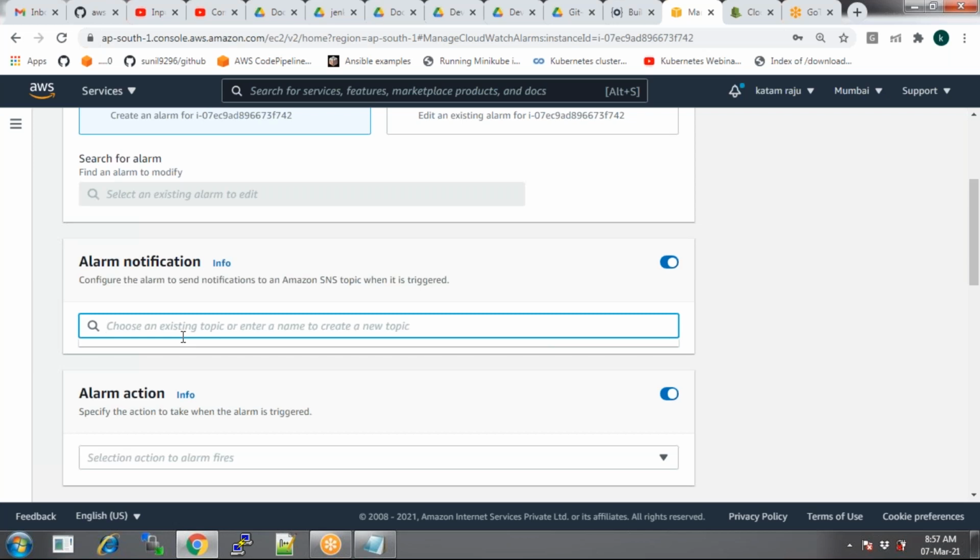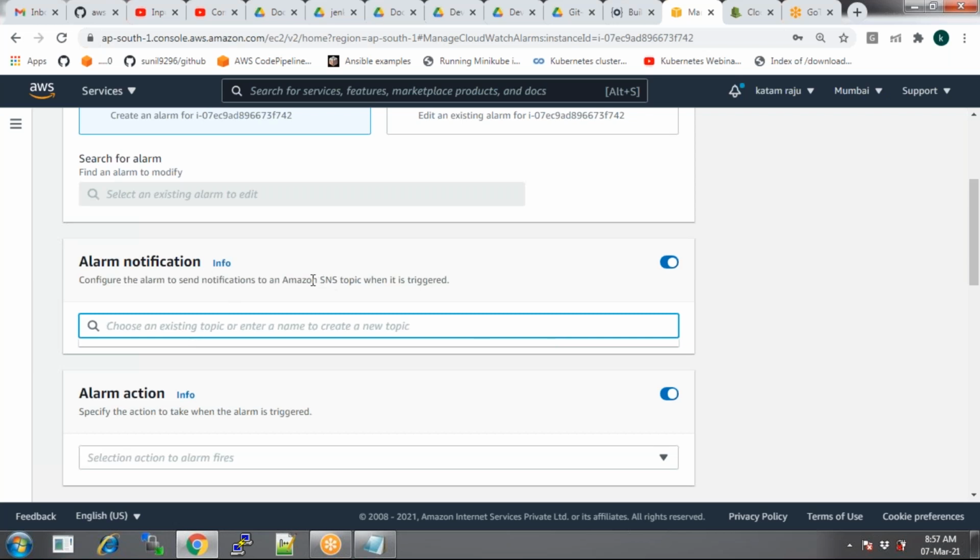Can I enter some random email IDs over here? No, that's not possible. I must register that email ID on my AWS account, then I can select those email IDs. Am I clear?